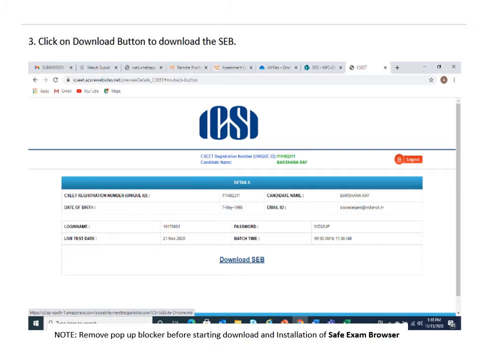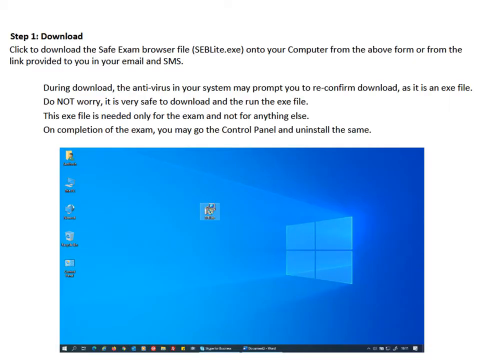There's a note below: remove pop-up blocker before starting download and installation of exam browser. If there is any pop-up blocker, just remove it. So here, download the SCB. For downloading, click on the button to download SCB. Steps of download. Step 1, download. Click to download the Safe Exam Browser file. The name of the Safe Exam Browser file will be